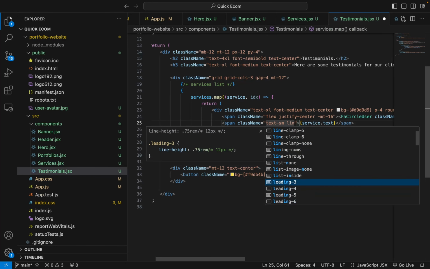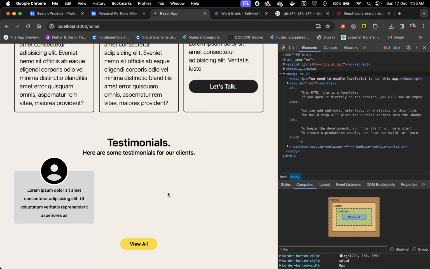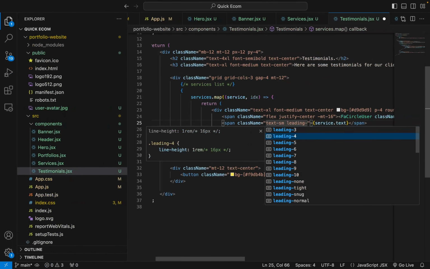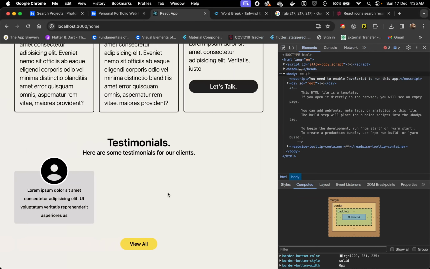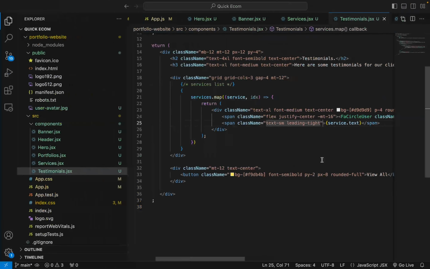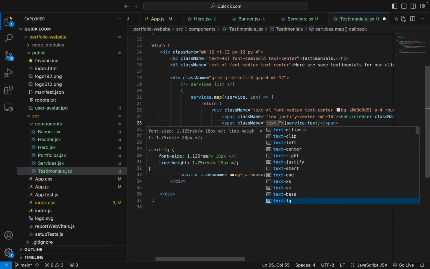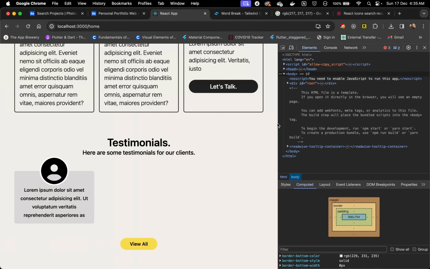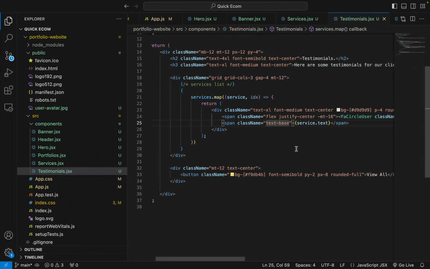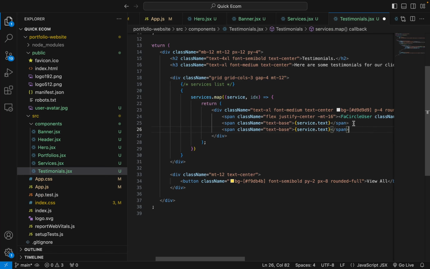Okay, so let's try to minimize it, and I couldn't do it tight. It's not working. I think better yet, let's make the font size a little bit bigger. Okay, fine. So next what we have to do is maybe copy and paste and remove this part, and text